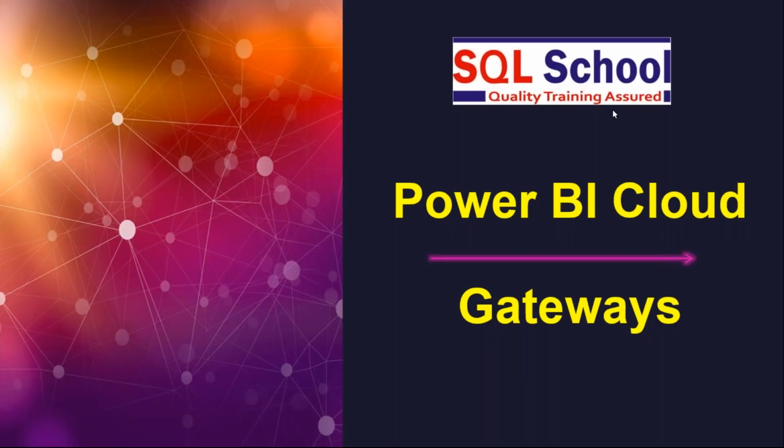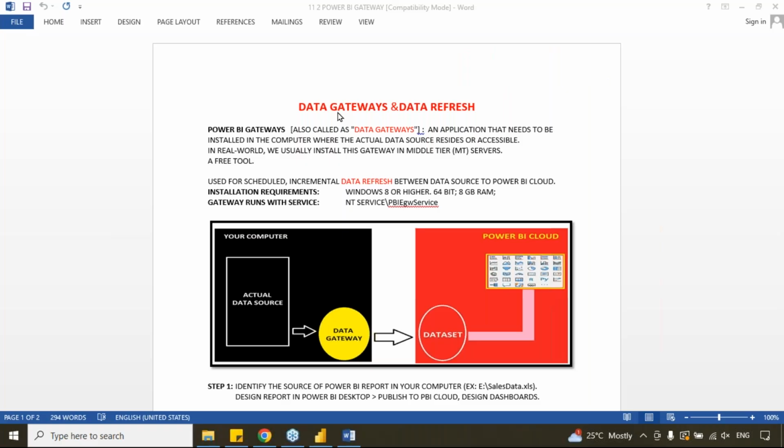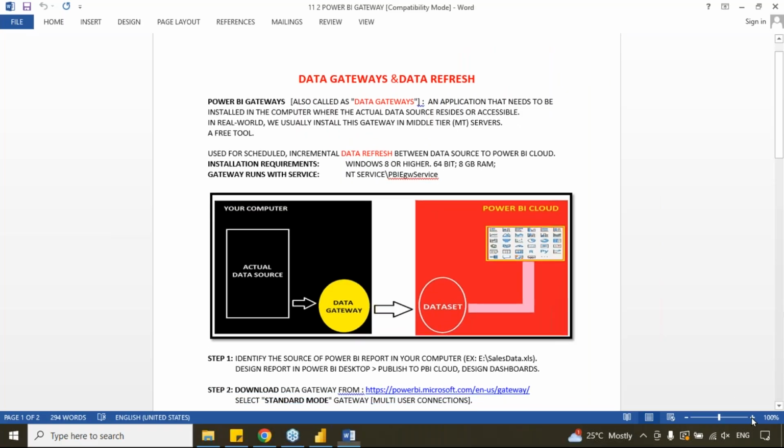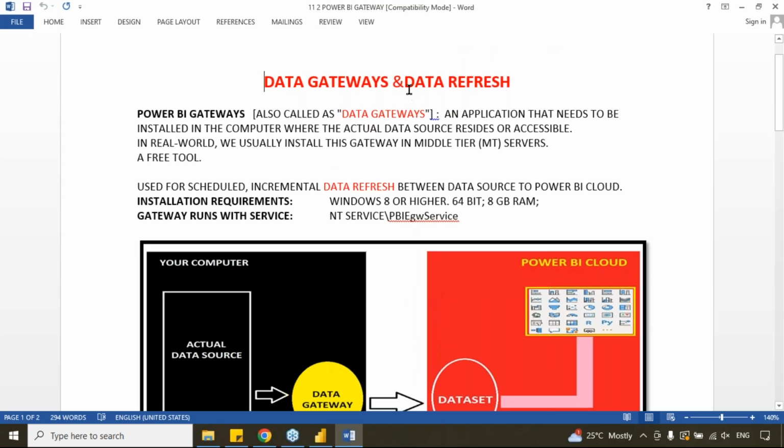Let's understand the concept of Power BI gateways. Let's see what gateways are. What's the purpose? On my screen, Power BI gateways, also called data gateways,